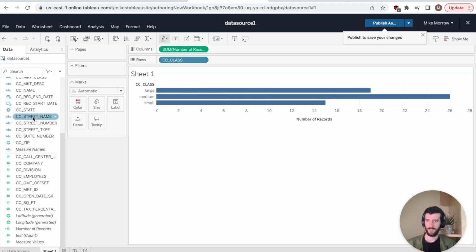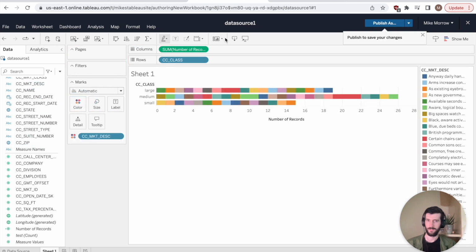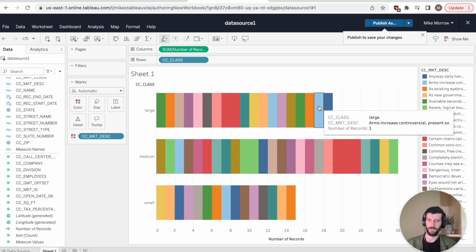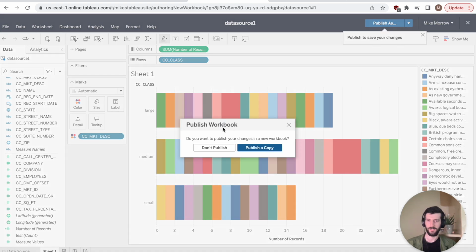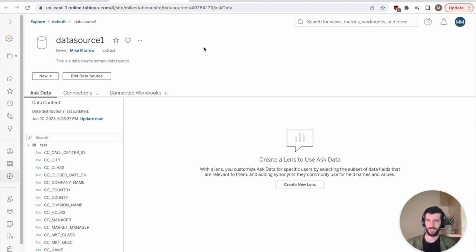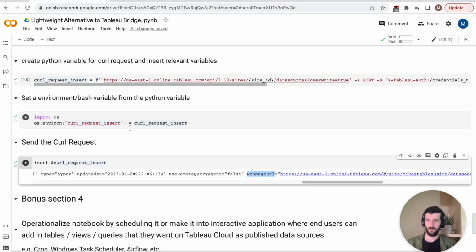And we can see that we have our workbook. I don't even know what these fields are, but bottom line is we got our data source successfully published. And going back to the notebook really quick,